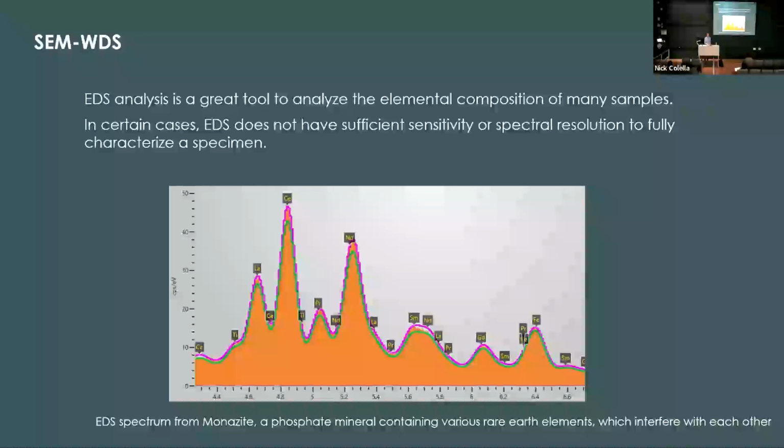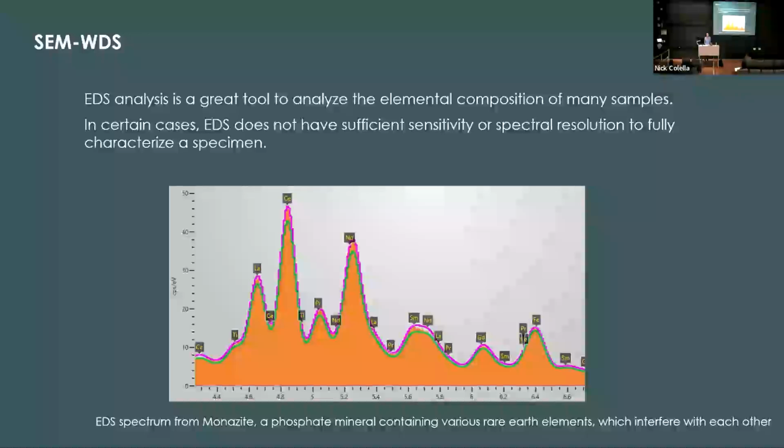So EDS was energy dispersive spectroscopy. WDS is wavelength dispersive spectroscopy. So it is measuring the exact same signal as EDS. We're measuring characteristic X-rays. But rather than measuring the entire spectrum at one time, the X-ray signal is first going to pass through a crystal spectrometer, so that we are only investigating one single wavelength at a time.